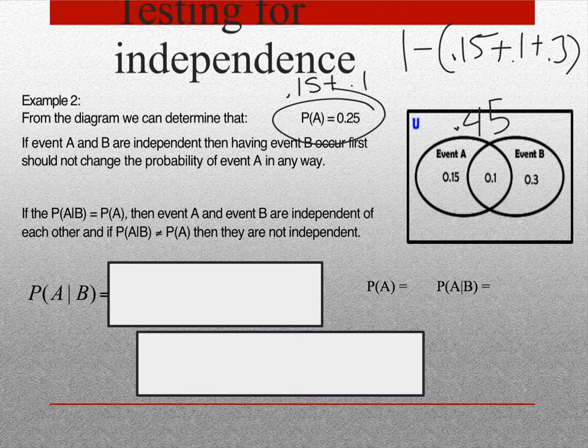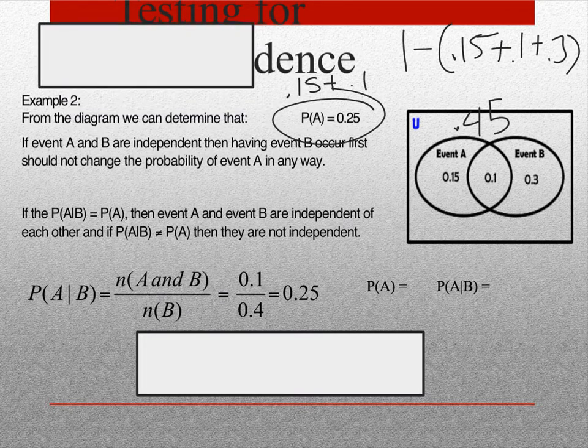All right, so how do we figure out probability of A given B? Well, if I find out the probability of A and B and divide it by the probability of B, we get ourselves 0.25. Lovely. That's fantastic. I've seen that number before. Indeed. All right. So my probability of A, we already had written up here, is 0.25. Probability of A, given that B happened,